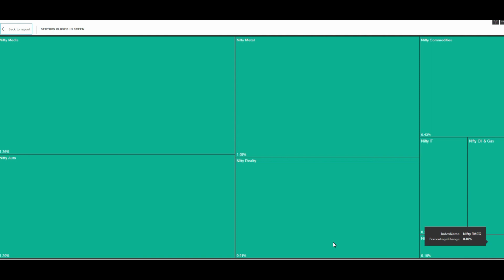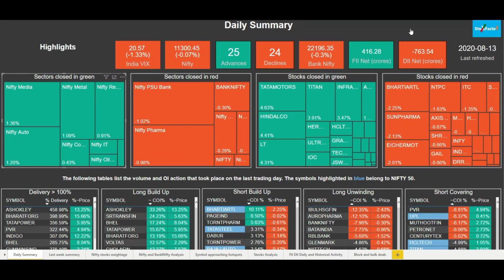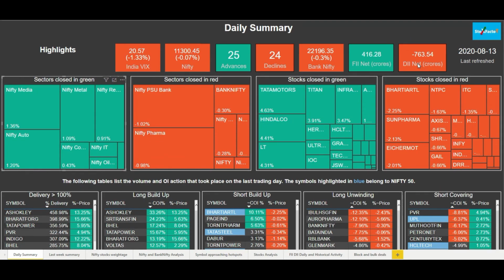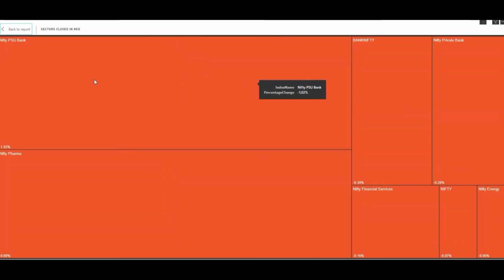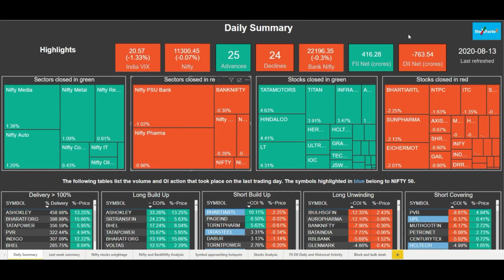And if you are not able to see some boxes or some areas of this particular graph, especially the small areas, now you can see them in the enlarged view, and you can also go back to the report by clicking this button. So this gives you the enlarged view for each visual, and you can do this for each of the visuals. So you can enlarge it and then go back.